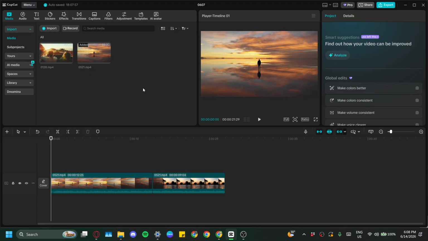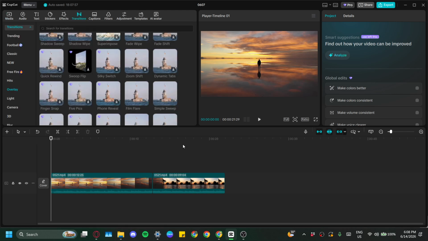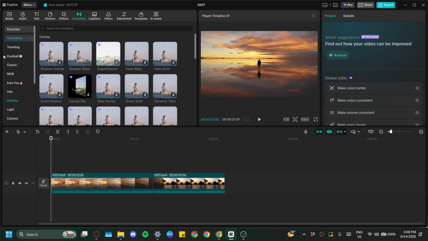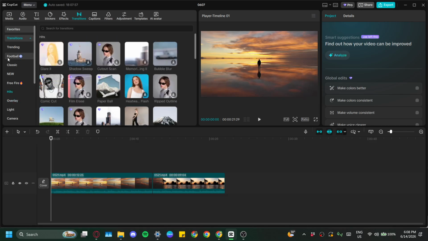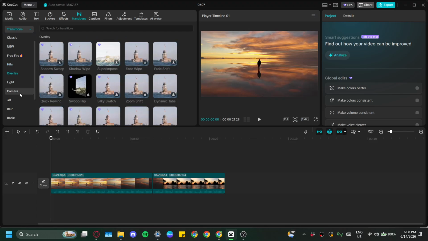To begin, move your mouse to the top left area of the CapCut window and click on the Transitions tab. As soon as you open it, CapCut will show you its built-in library of transitions. This includes a wide range of free effects, from subtle fades and smooth directional movement to more dramatic animated styles. The good thing here is that everything is organized visually, so it's easy to preview what each transition looks like